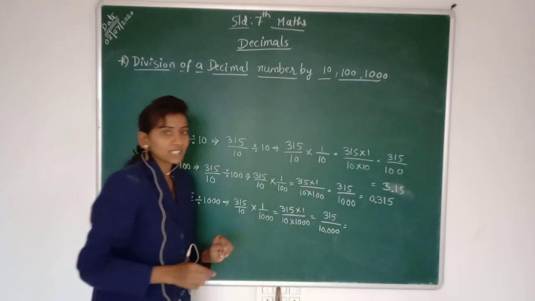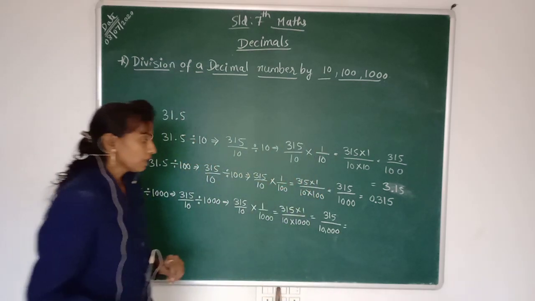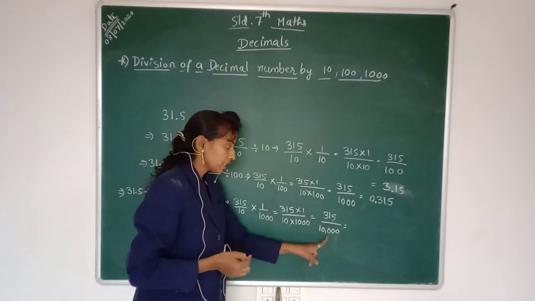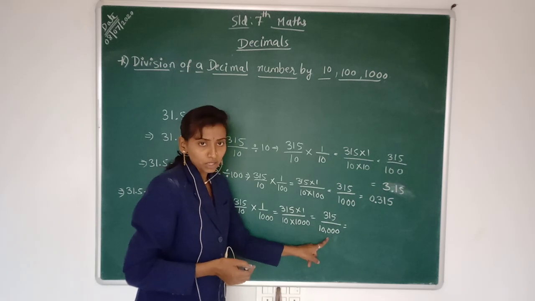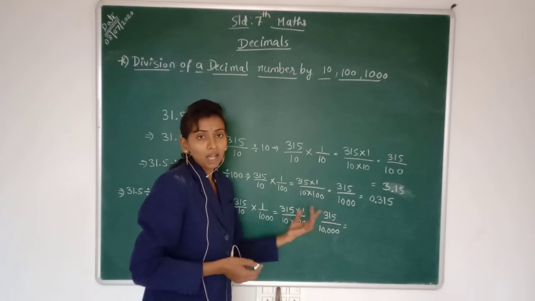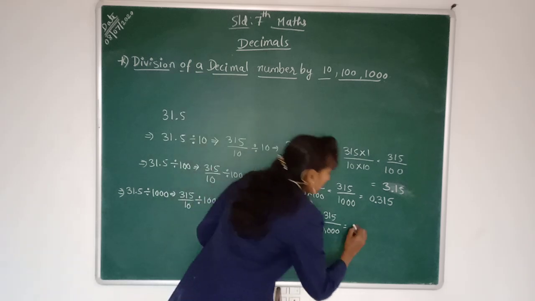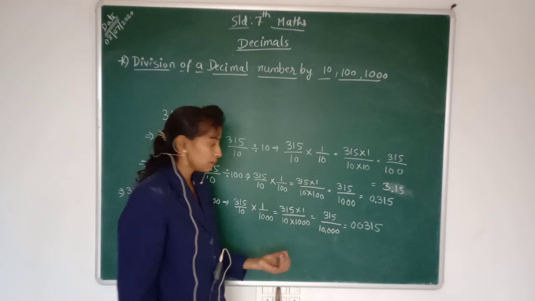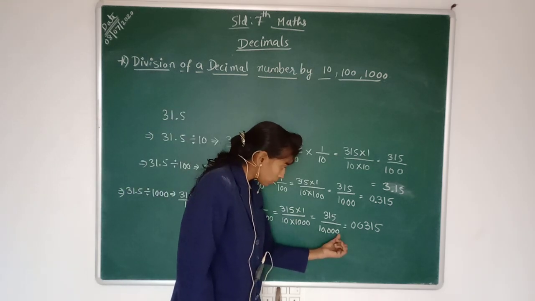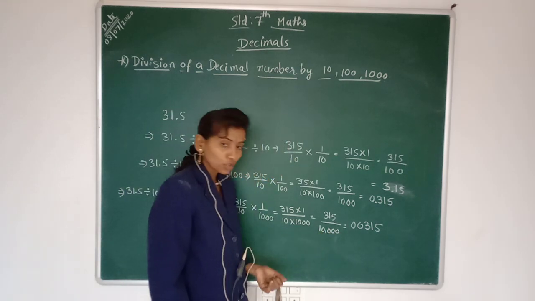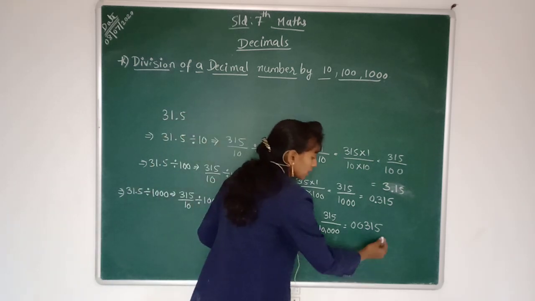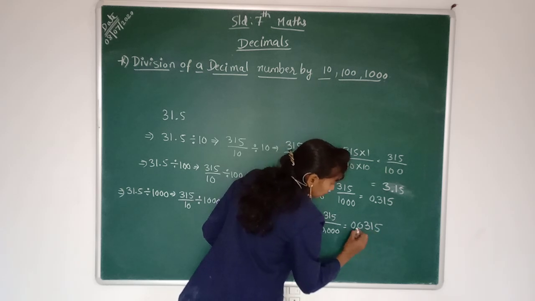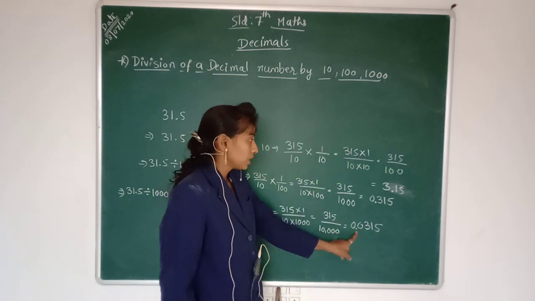Again I am going to write this fraction in decimal form. Here in the numerator we have only 3 digits, and in total we need 5 digits, so before 315 I am putting zeros. Like this I am writing, and then putting the decimal point. See where we have to keep the decimal point. 1, 2, 3, 4 zeros we have, which means from the right side we leave 4 digits. 1, 2, 3, 4. Here the decimal point comes.